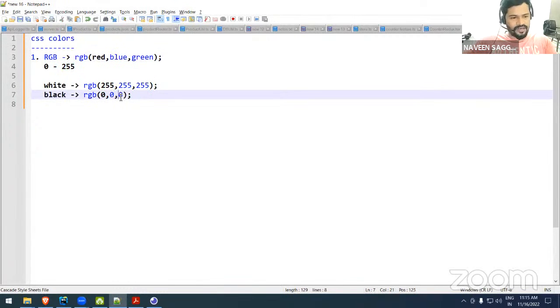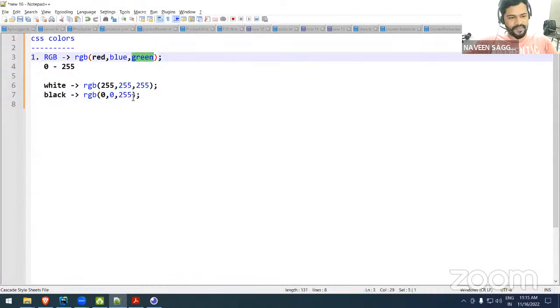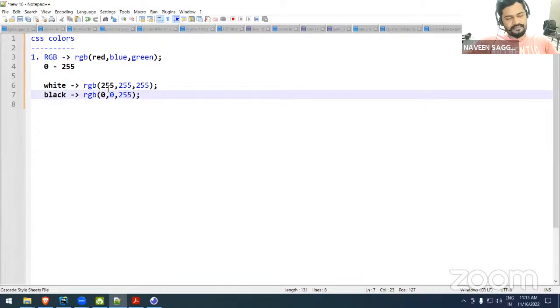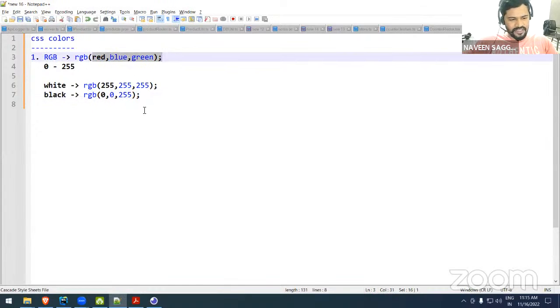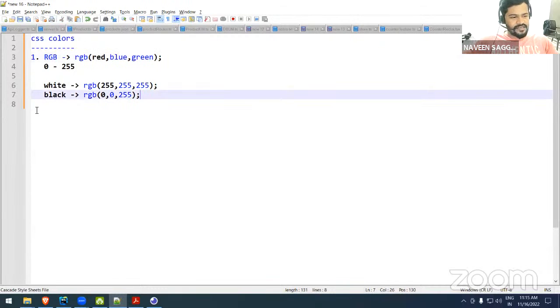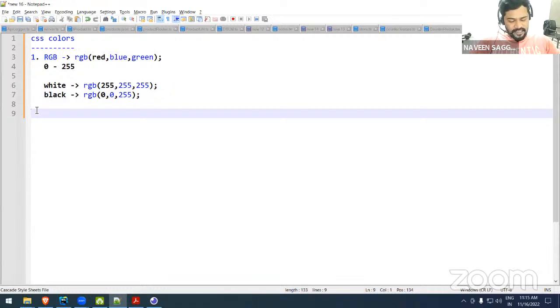If I make the green number higher, 255 here, a greenish shade will come, whichever is higher. And likewise, I give 40, 60, 50, and a combination of all colors, the next color will come. That way, this is RGB, one way. And one more way is